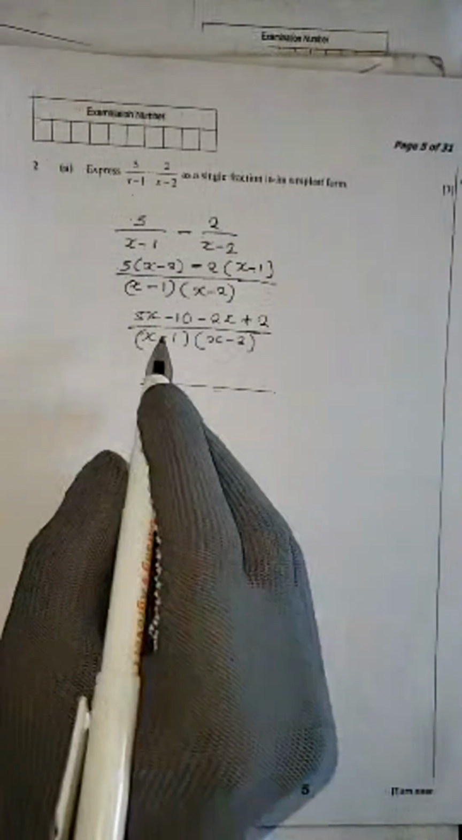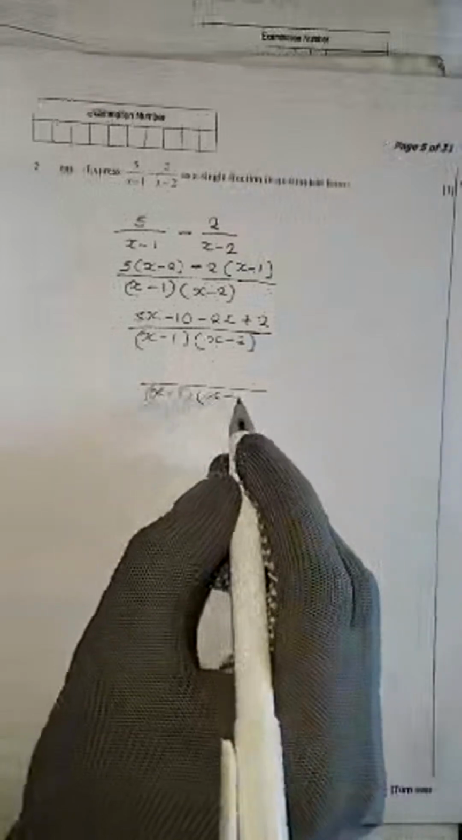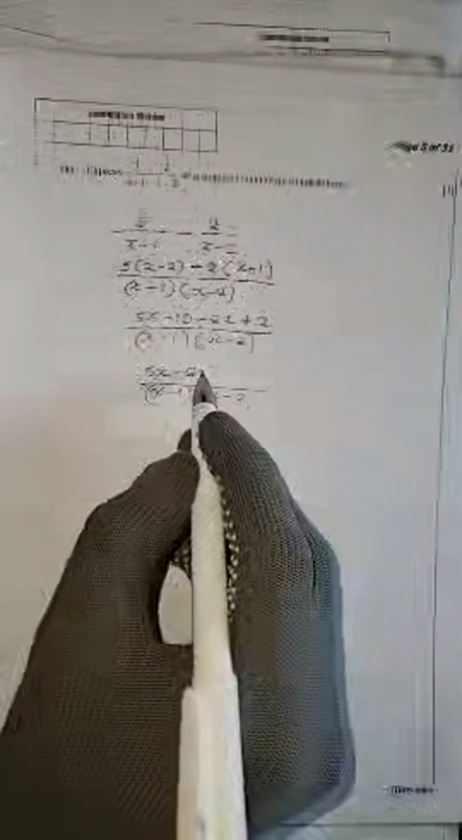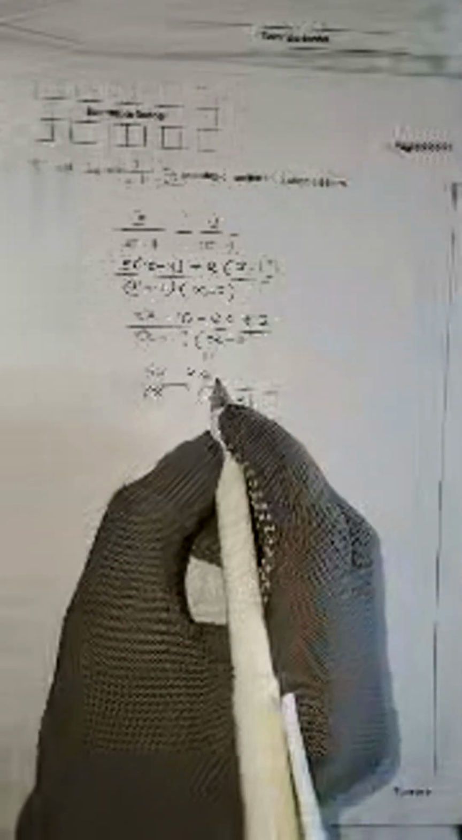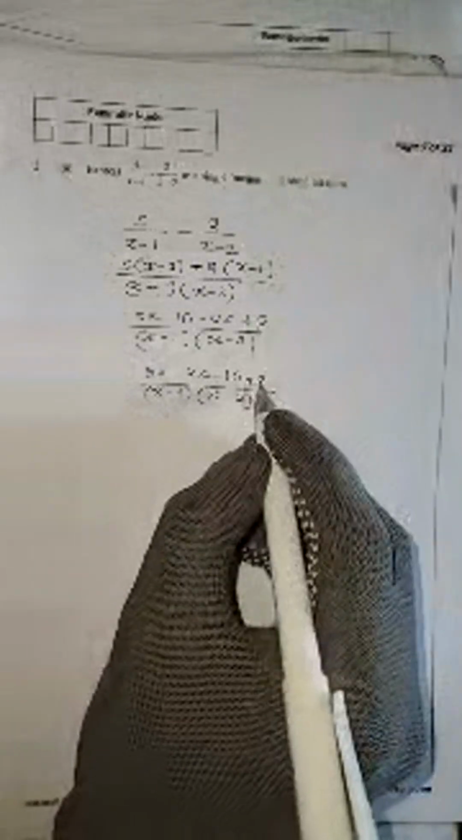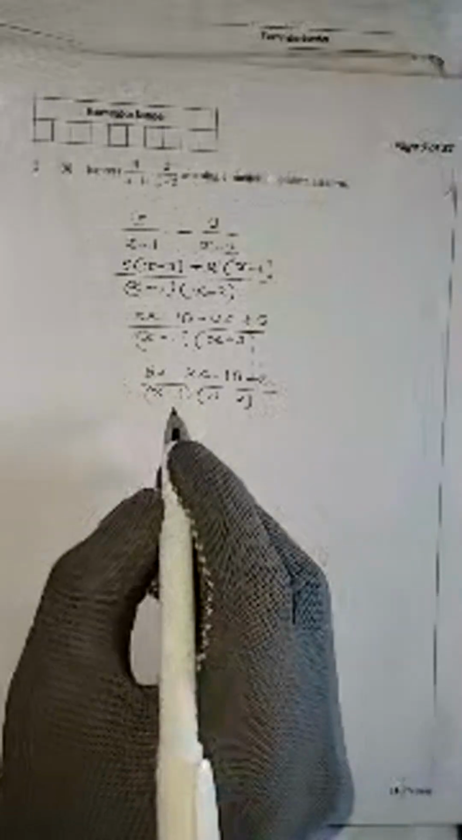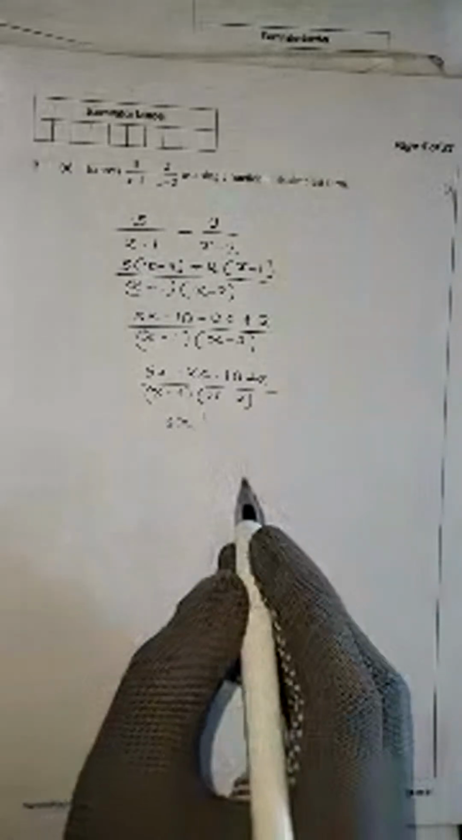Then the second step is just to collect like terms. So I'm going to say x minus 1, x minus 2. You have a 5x here, then the negative 2x will just come here. It will not change sign because this is not an equation, this is just an expression. So we have 5x minus 2x minus 10 plus 2. 5x minus 2x is just 3x. Negative 10 plus 2 is negative